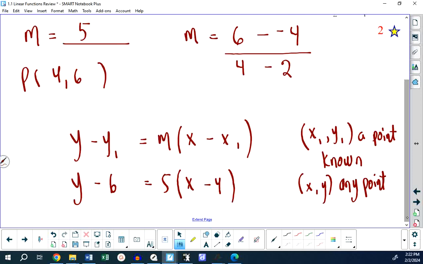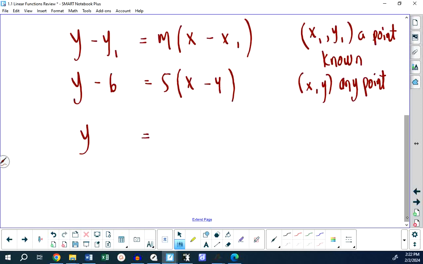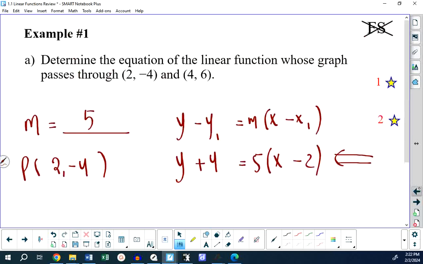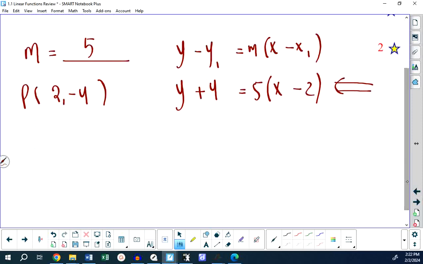These two are the same because if I expand this out and add that 6, I end up with y equals 5x minus 14 if my math is correct. Or 5x minus y minus 14 equals 0. Which is preferable, okay? But what if we expand this one out? Well, I end up with y equals 5x minus 10, and I subtract that 4 to the other side. I get the same equation,